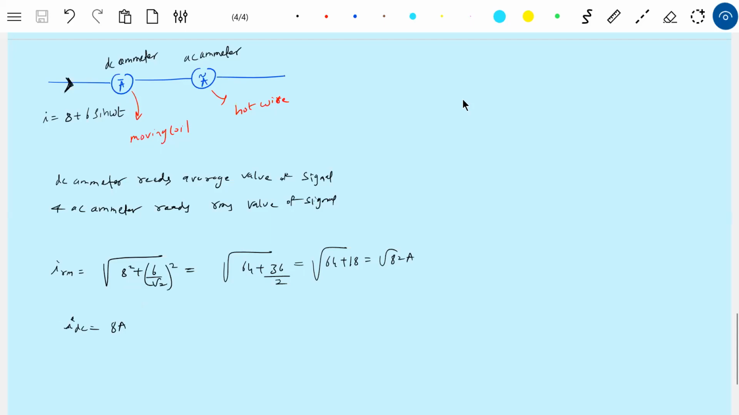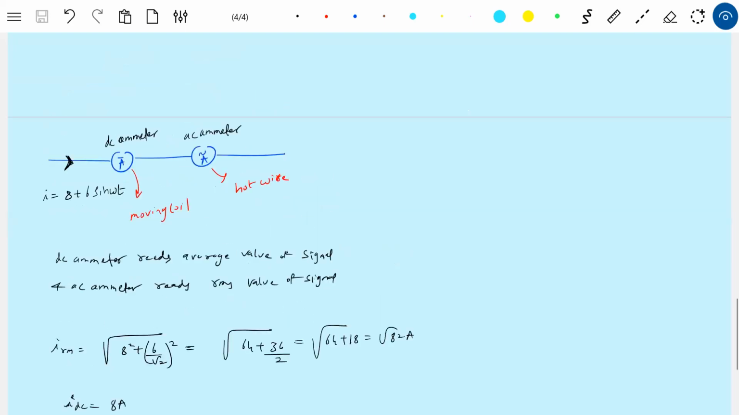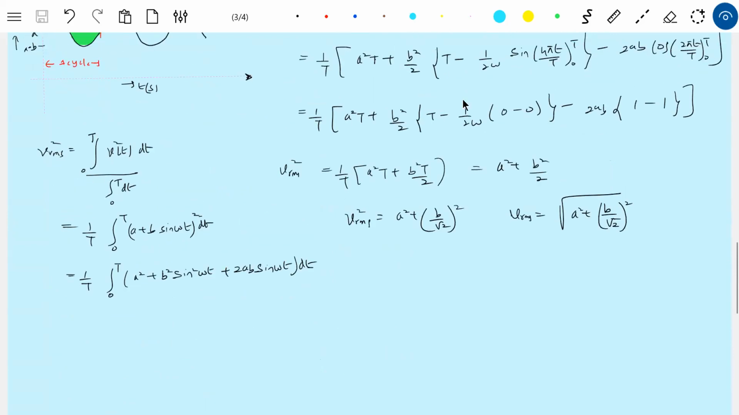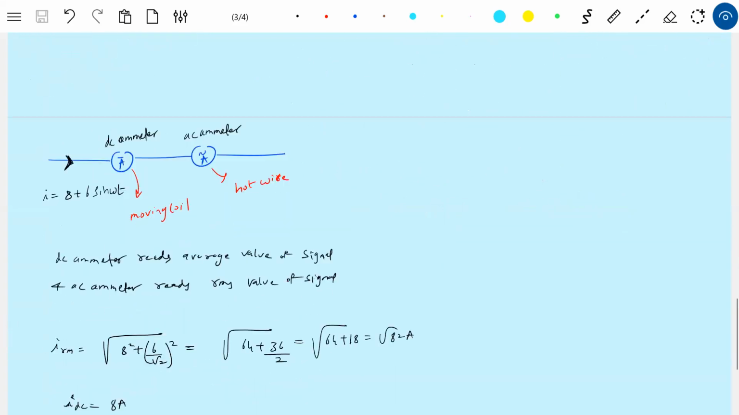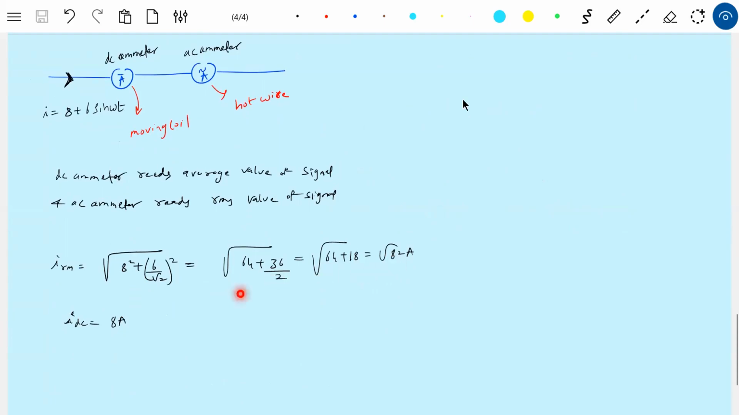Anybody having doubt, you can clarify. So why 6 by root 2? I think just now we have made it. Can you remember this formula? The maximum value of the AC signal by root 2, whole square, and this is the square of the DC component. From the previous problem, that is what we are able to define here. I'll adjust here. We'll go for